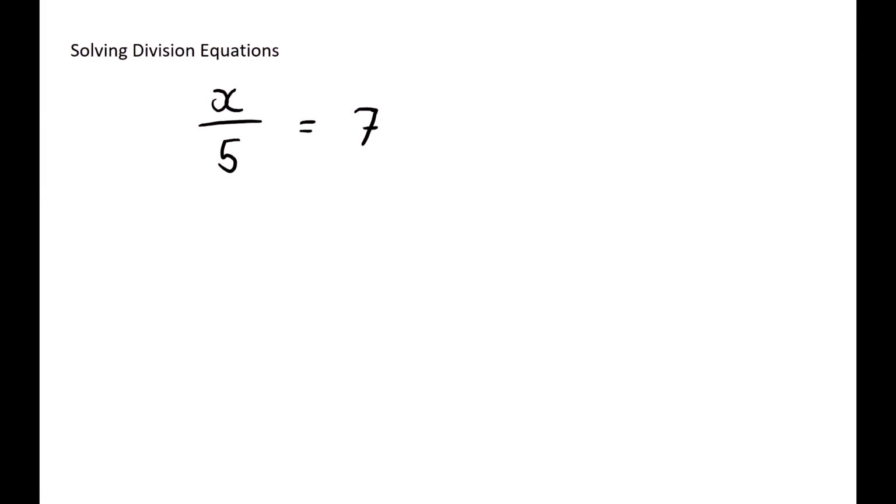Moving on, next idea we're looking at is how we can solve division equations or fractional equations. Equations where you've got some sort of fraction, and again, fractions are the same thing as dividing. So we're going to follow the exact same method as before. We want to get x by itself. This x over 5, you can basically think of it as x is being divided by 5. And the opposite of dividing by 5 is timesing it by 5. So we're going to times both sides by 5. So that would mean